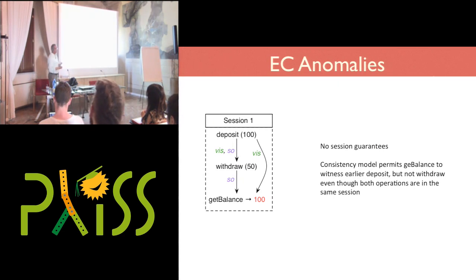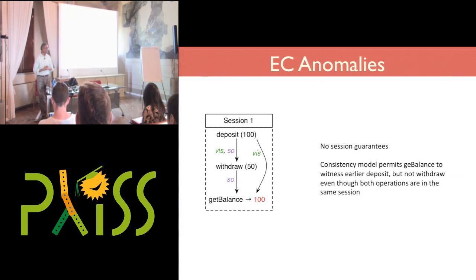So having done this get balance of 100, I'm now perfectly free to withdraw 100, because I look at my balance and say, oh, I certainly have 100 here, so let me withdraw it, even though there's been an intervening withdrawal of 50. So the model that we have does not require that all of the operations that take place in a session must be available to all of the replicas that those operations go to. So missing dependencies, lost update, and no session guarantees constitute the large class of anomalies that can happen in an eventually consistent system.